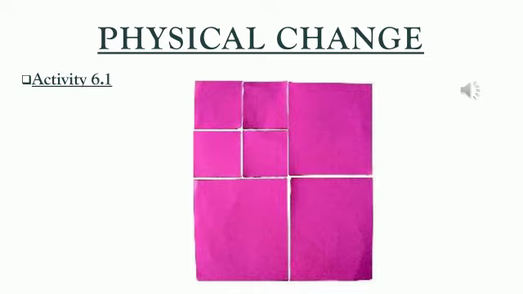Okay, so first activity, that is 6.1. What we need to do is take a piece of paper and cut it into four square pieces. Square in the sense all sides are equal, isn't it? Like I've shown in the picture, they have taken a sheet of paper. It is origami paper. You'll get it in square form. Take a square sheet and cut it into four squares.